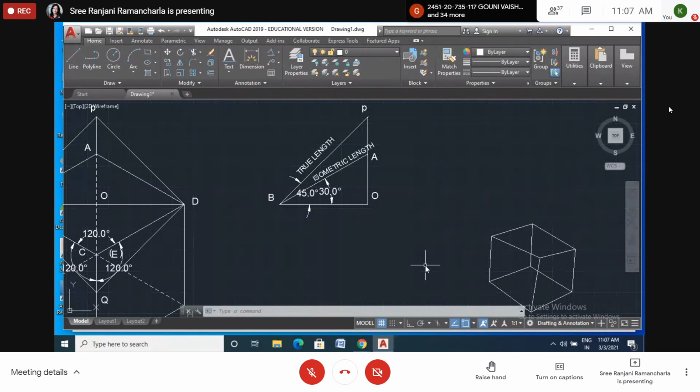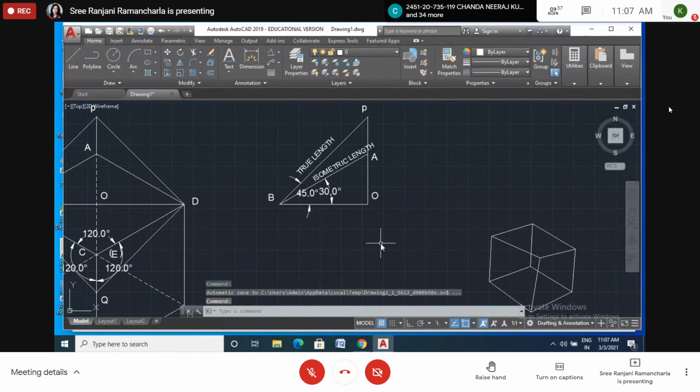Root 3 by 2. You know, the root should be only for 3. Those who are not good in mathematics, please write down carefully. Root 3 by 2. So, BA by BO equals? BO by BA is root 3 by 2, so BA by BO equals 2 by root 3. Please write down that one also.